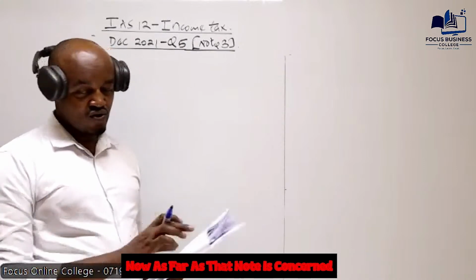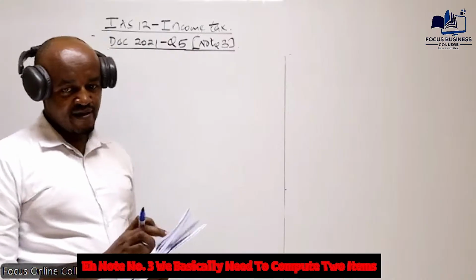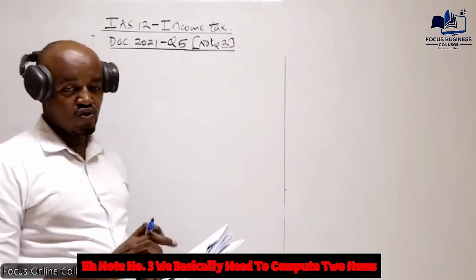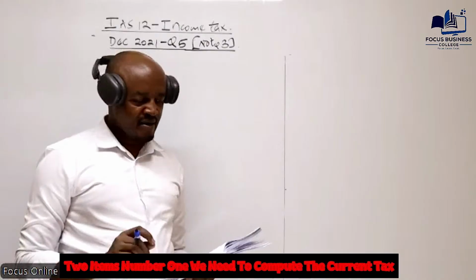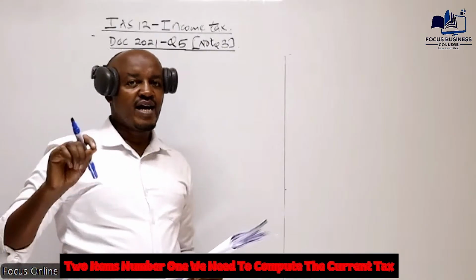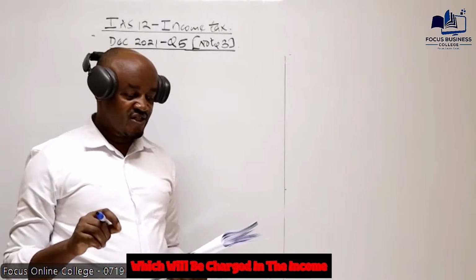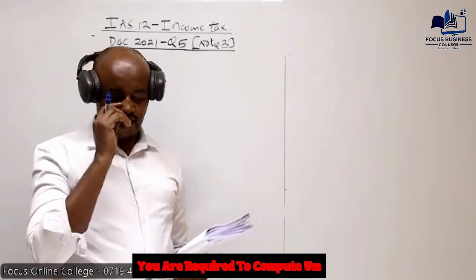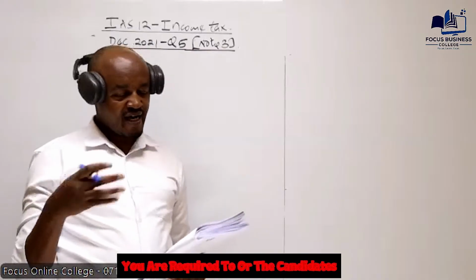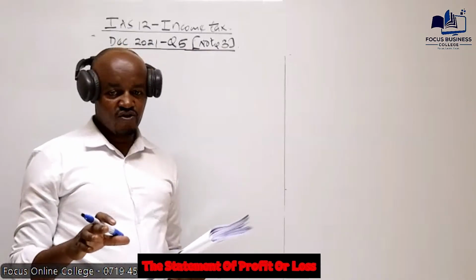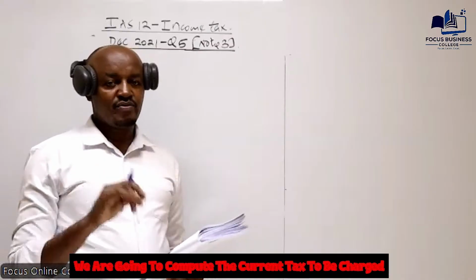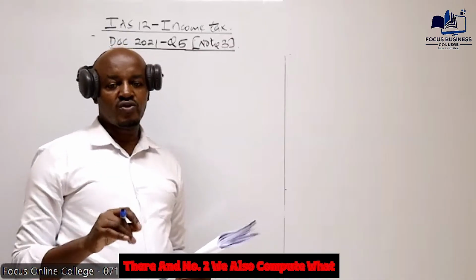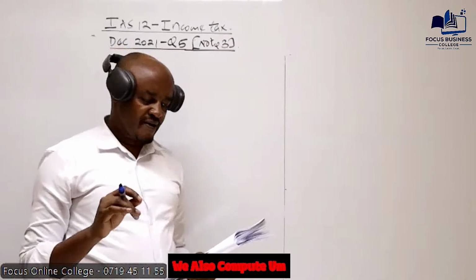Now, as far as note number 3 is concerned, we basically need to compute two items. Number 1, we need to compute the current tax, which will be charged in the income statement. I hope you can see in part A of that question, candidates were required to prepare the statement of profit or loss. We are going to compute the current tax to be charged there. And number 2, we also compute the